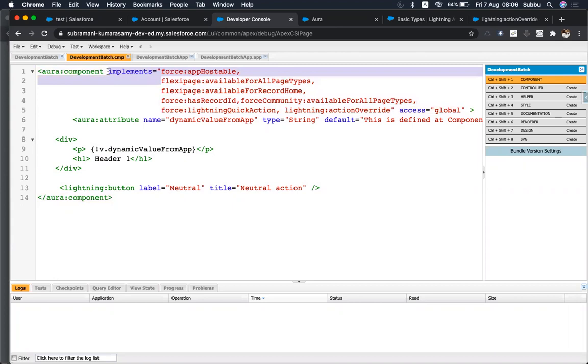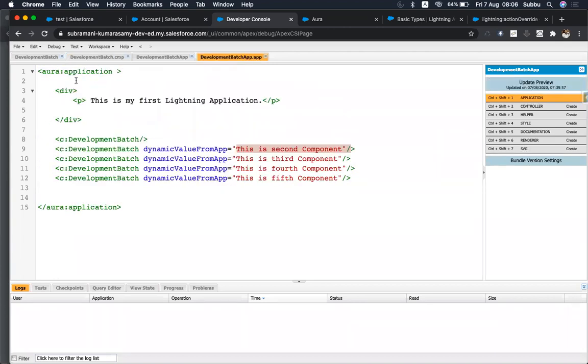So the reason why we have the interface, we discussed that. And we discussed the attribute, what is the use of attribute, and how to pass the dynamic values, and how to create an application. Inside the application, how to call our Lightning components.